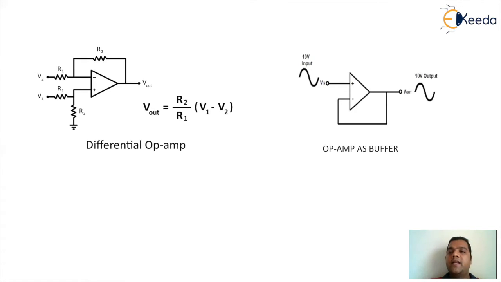The next circuitry you can see here is operational amplifier as a buffer. This is basically a non-inverting buffer. The inverting pin of the op amp is in feedback with respect to the output pin, a direct short circuit, and whatever you give at the plus pin of the op amp will be available at the output. So the output will be in phase with respect to input. This is what I mean by operational amplifier as a buffer. Buffer circuits are basically unity gain amplifier circuitries with high input impedance and low output impedance.